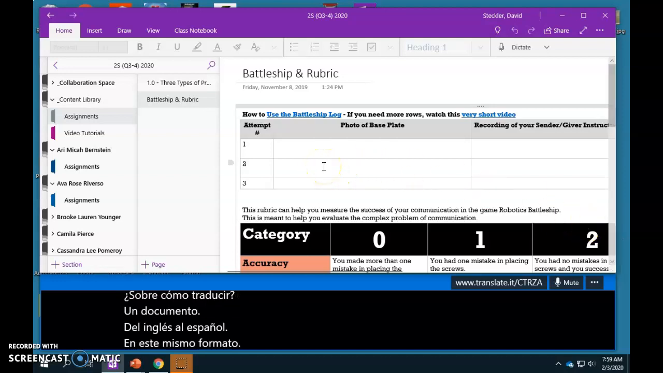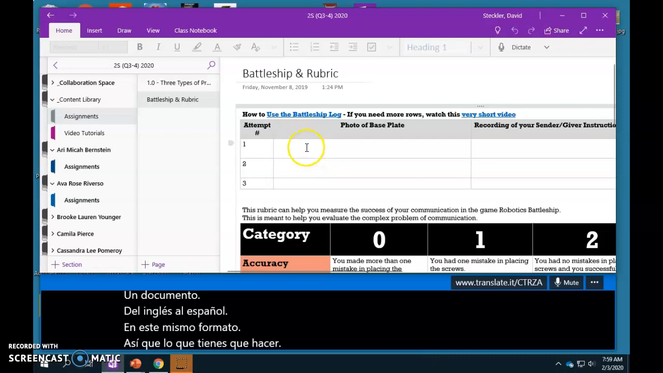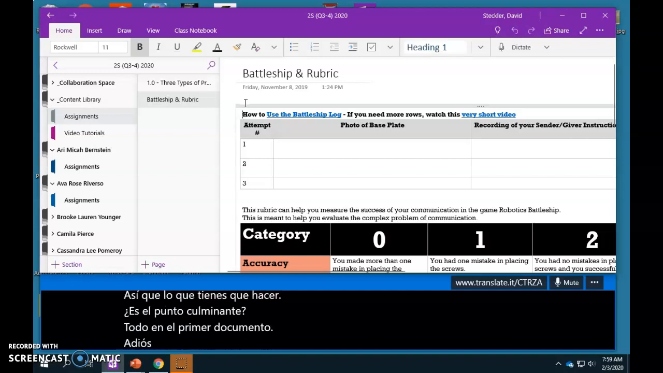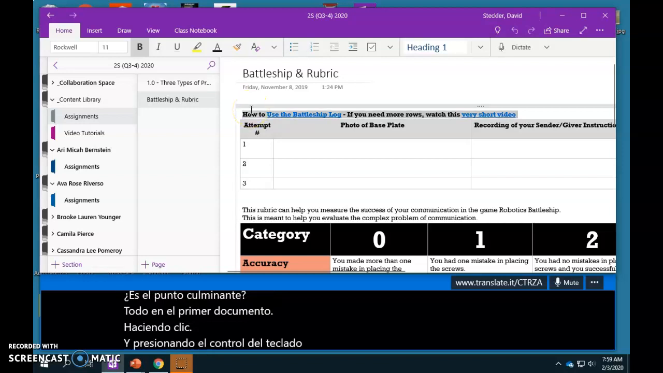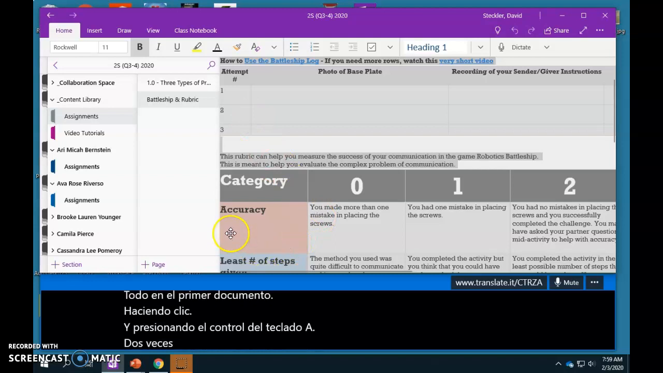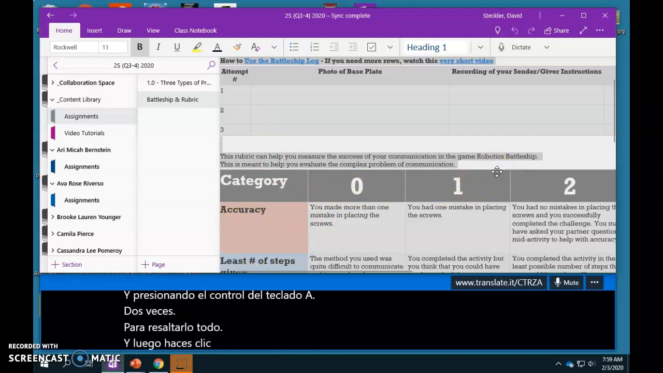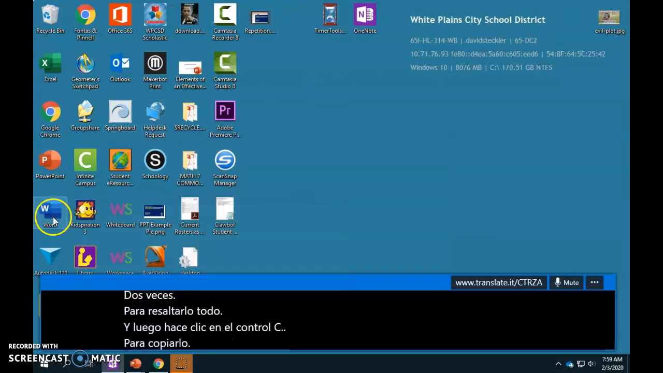So what you have to do is highlight everything in the first document by clicking and pressing on the keyboard Control-A twice to highlight everything, and then you click Control-C to copy it. Then you go to Microsoft Word